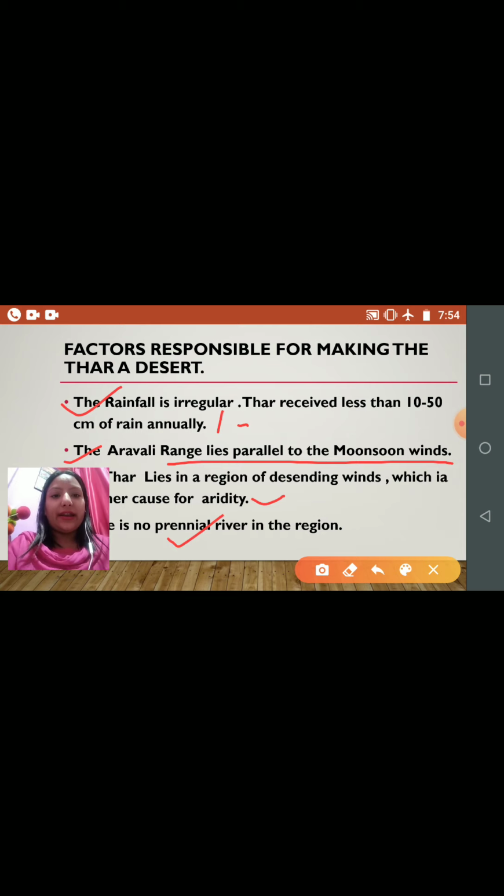Lastly, there is no perennial river. Only the river Luni carries very little water, and that is not in season. Because of these factors, there is the existence of the Great Thar Desert in India.